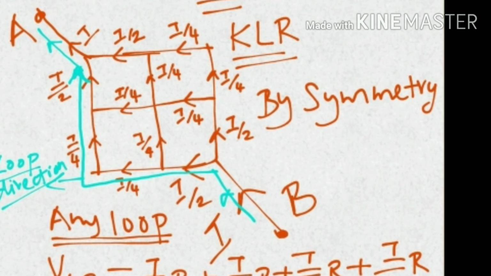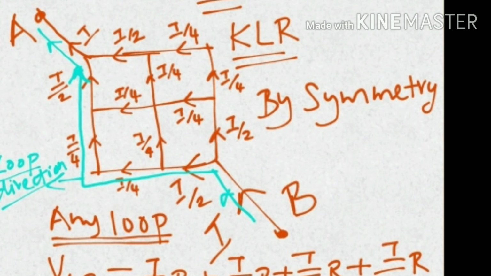Moving to the solution. Here we have drawn the diagram initially. Point A and B, a square is drawn in which 4 squares are subdivided. With the help of Kirchhoff's loop rule, I am going to solve this problem. With the help of Kirchhoff's loop rule and by symmetrical idea, the square can be equally divided with equal resistance, so current can be equally divided.